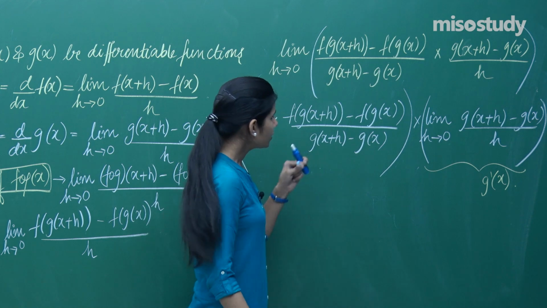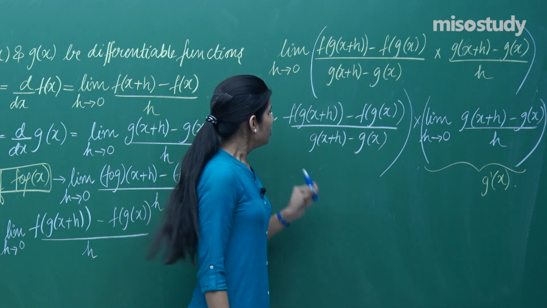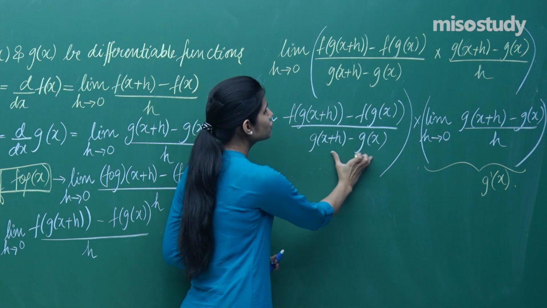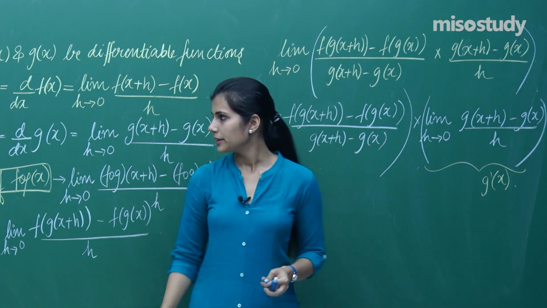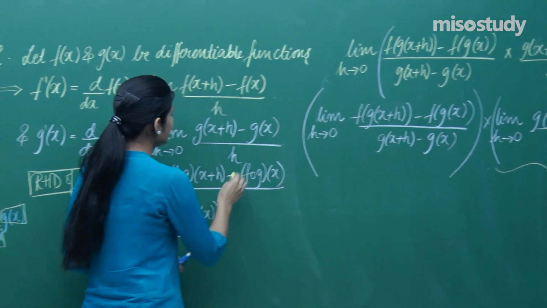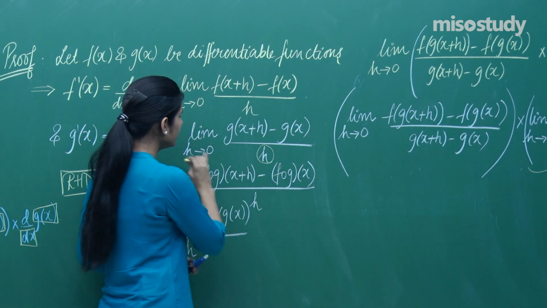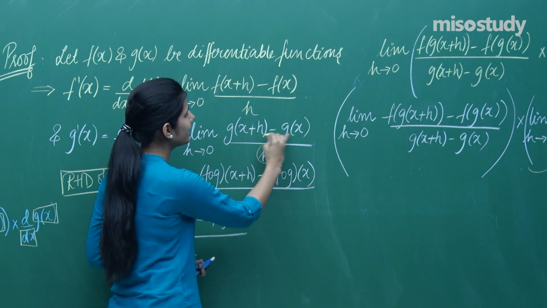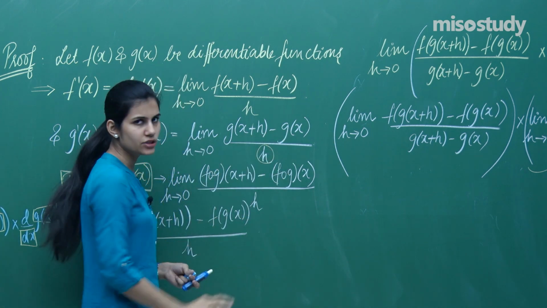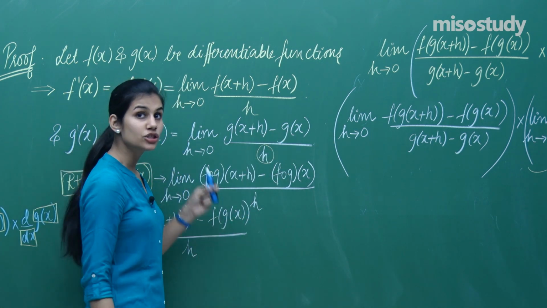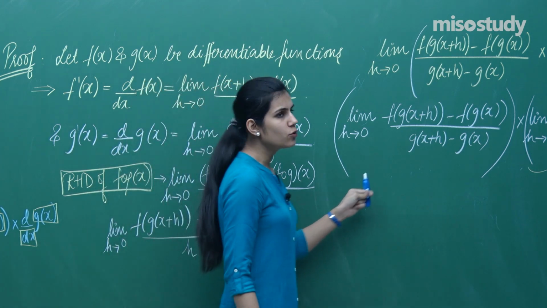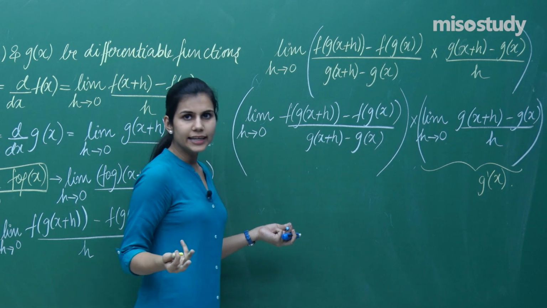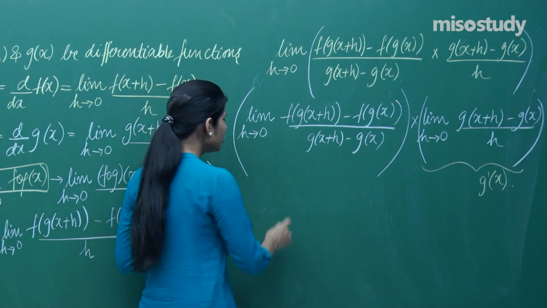Fine. What is this? Well, I know the limit as h tends to 0 where something is sitting in the denominator and tending to 0, g of x plus h minus g of x whole upon h, where h is tending to 0, gives you g dash x. Over here, what is happening? Now see, here I don't know whether the denominator is tending to 0 or not. What can we do is,